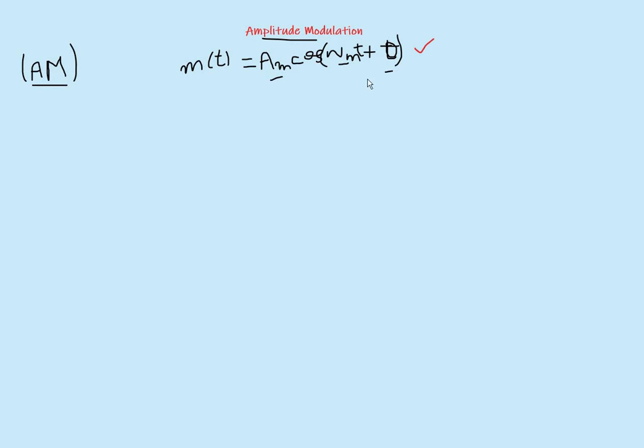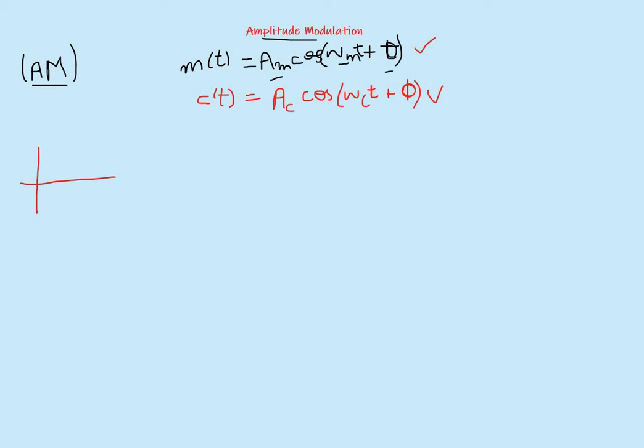So this was the equation for the message signal, and the equation for the carrier signal was Ac cos(omega c t plus phi). So we successfully saw the equation for our message signal and the equation for our carrier signal. Now both these signals are sinusoidal signals. We also saw the waveform of it.